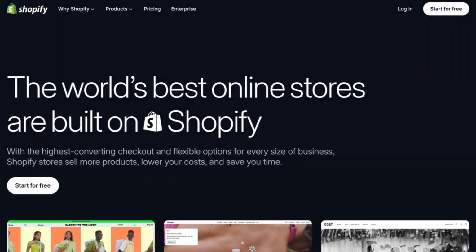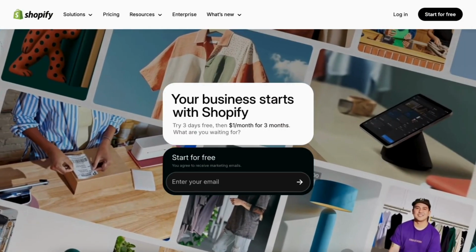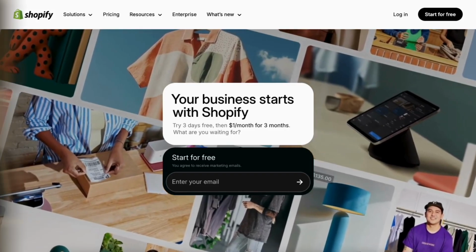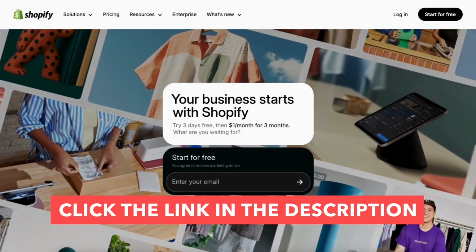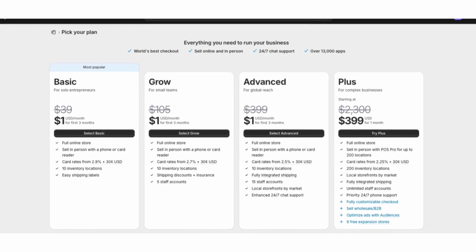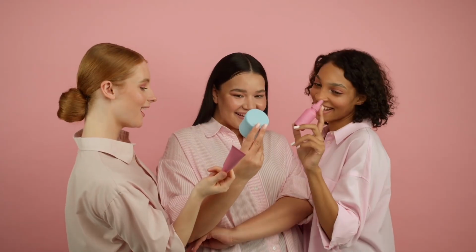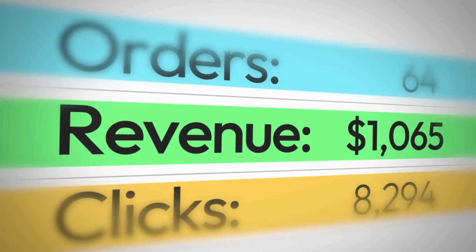If you've been thinking about starting an online store, selling products online, or launching a side hustle, this Shopify free trial offer is one of the easiest ways to get started without spending a lot up front. Right now, Shopify is offering a free trial where you can start for free and then pay just $1 per month for the first 3 months on select plans. That means you can build your entire online store, test products, customize your website, and even start making sales before